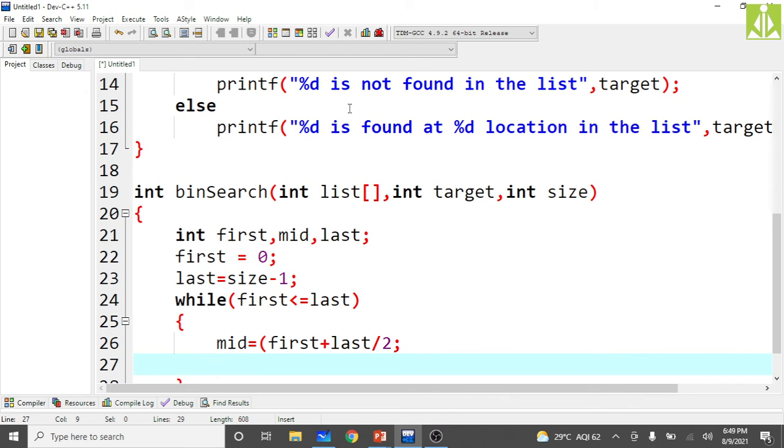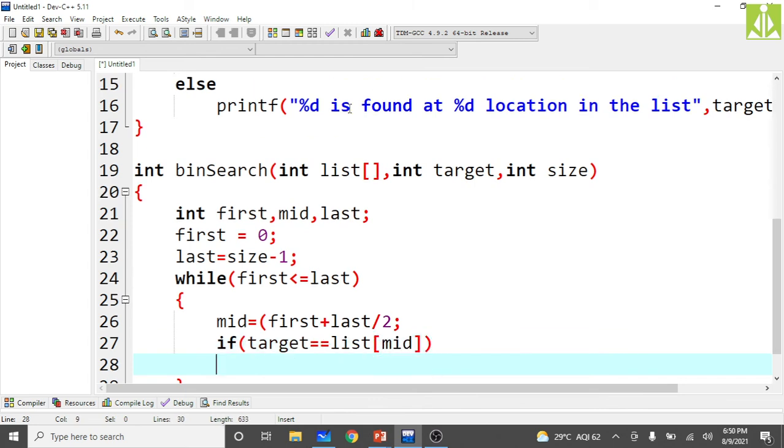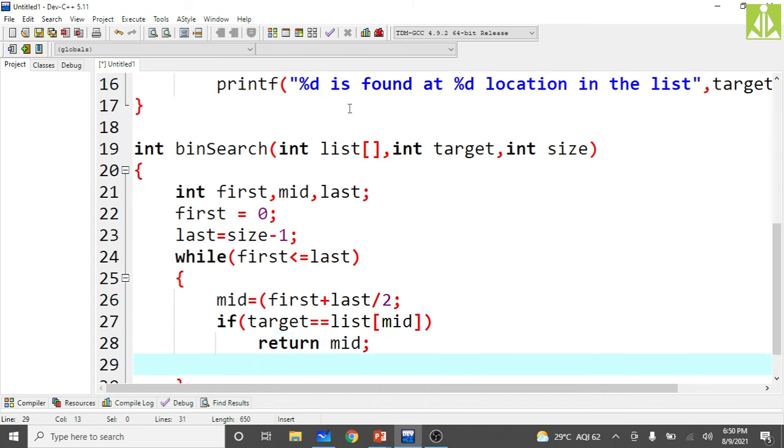So we got the mid value. If our target is equal to list of mid, then immediately return the mid value. So at mid we found the target.